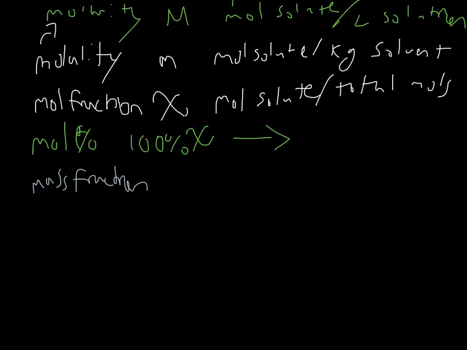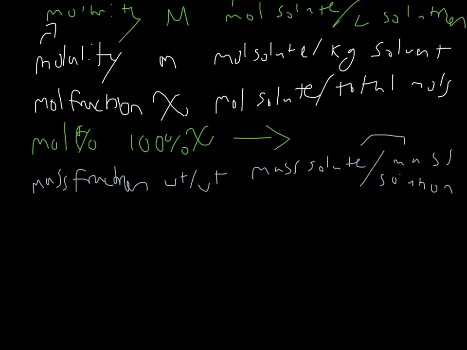and this is WT over WT. I assume that's supposed to be like weight over weight. Don't ever confuse mass with weight. So it's going to be mass solute over mass solution. Now, in this case, it doesn't ask you to use kilograms like the other one did, especially because they'll just cancel out. So just make sure you use the same unit for both of these, right? If you have kilograms on top, you want kilograms on bottom,